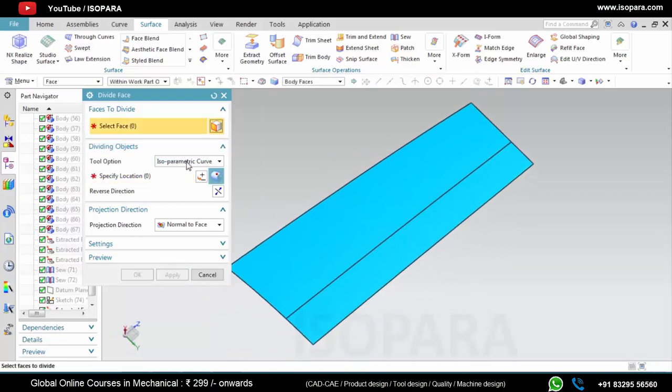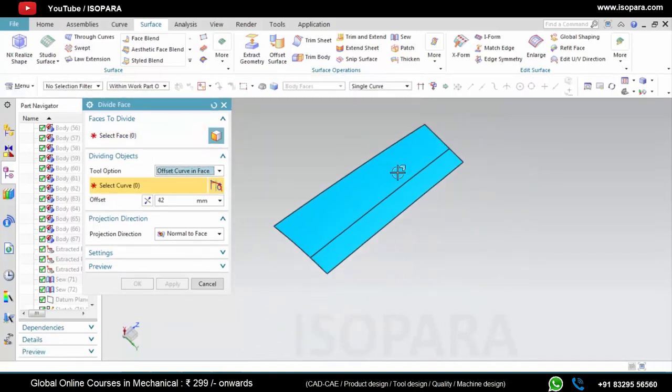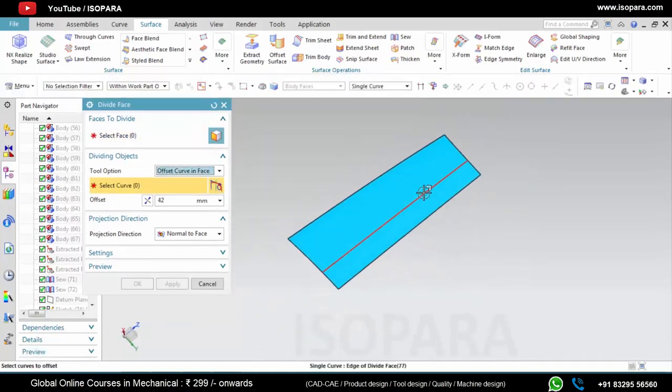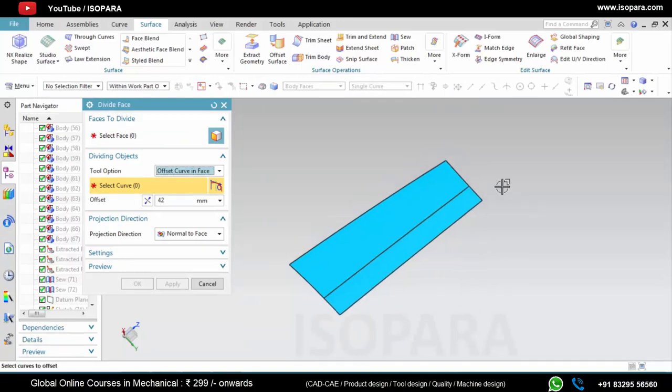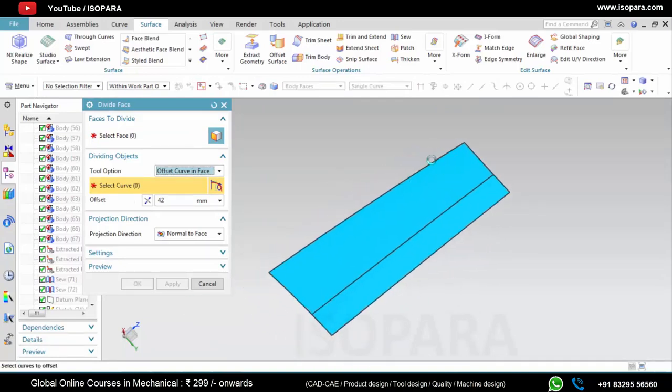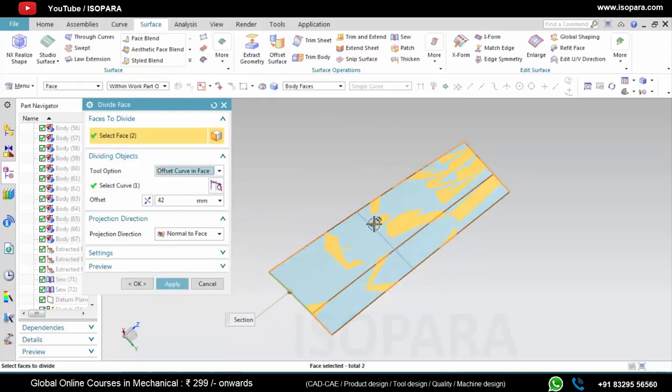Now the next option is offset curve in face. So here I will offset this edge like this, and it will divide the sheet like this.